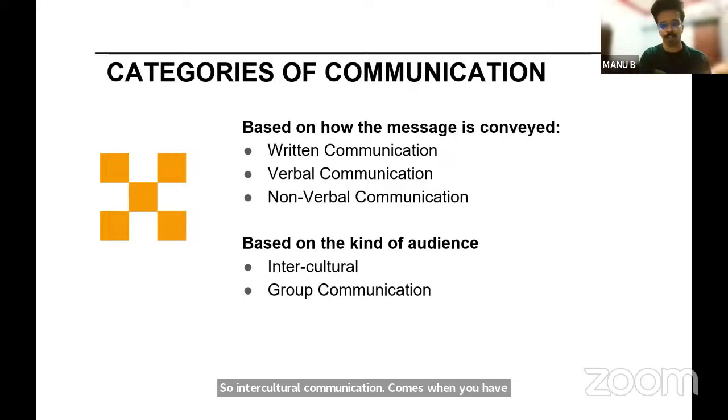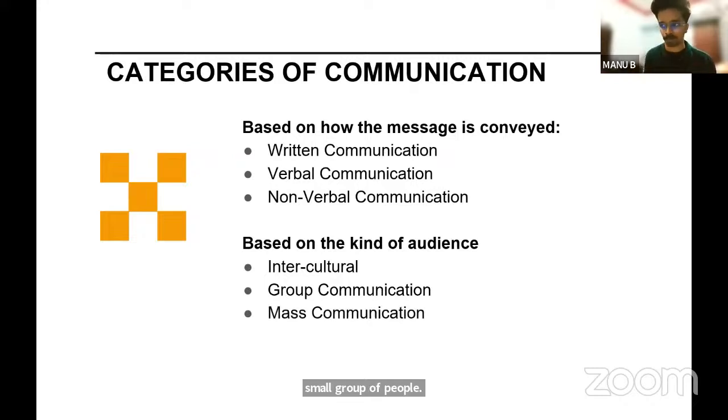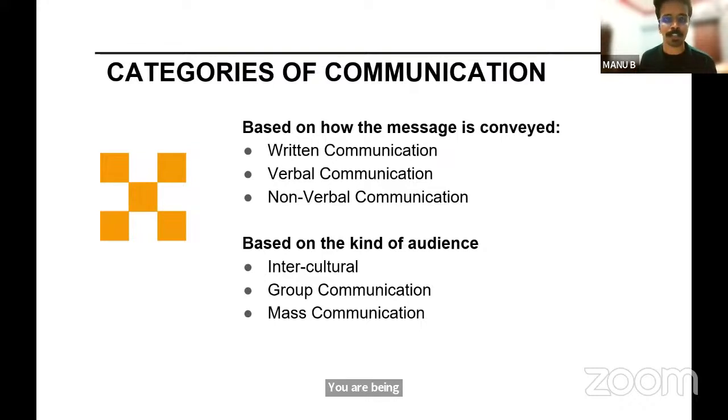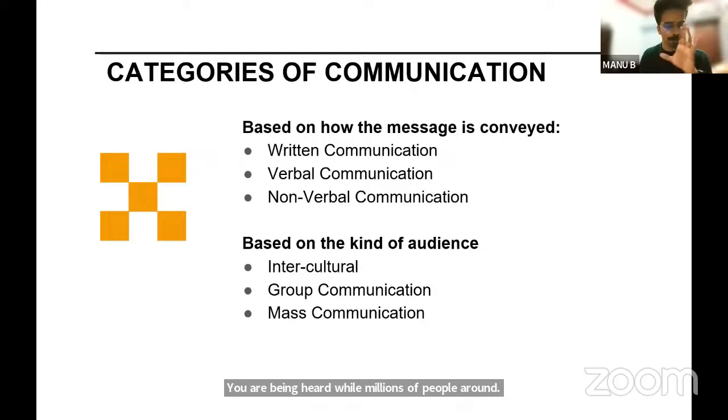Then you have group communication, communication among a small group of people. Then we have mass communication, where we talk to a lot of people at the same time, but those people are not physically present in front of us. Say, for example, if you are giving a TV broadcast, what you see is the cameraman and the channel crew in front of you, but you are being heard by millions of people all around. If you are posting a YouTube live or a Facebook live, this is a kind of mass communication. Your listeners are not physically present in front of you,